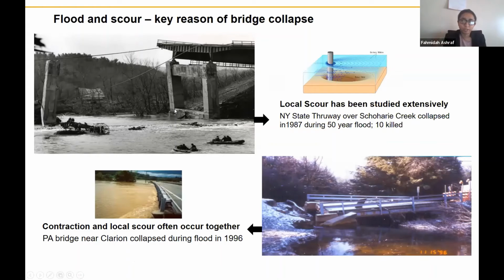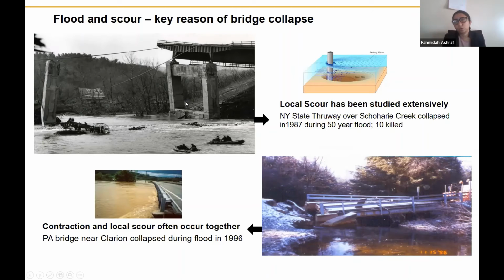So in all these regions, we have flood, scour, and high channel instability, and from the hydraulic point of view, we mainly focus locally. We do not focus on what is happening regionally. Stream restoration managers typically look at physiographic regions at a regional scale, but for us hydraulic engineers, we mainly focus locally. When we talk about fixing any stream or intersection, we mainly talk about local scour and contraction scour. Local scour is the removal of soil locally around the foundation, and contraction scour is when we have the contraction of flow during a flood event.